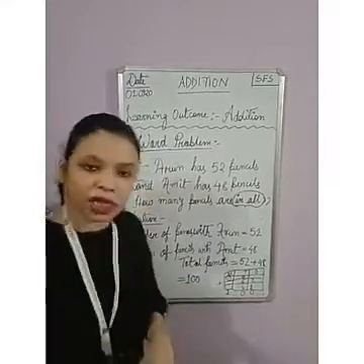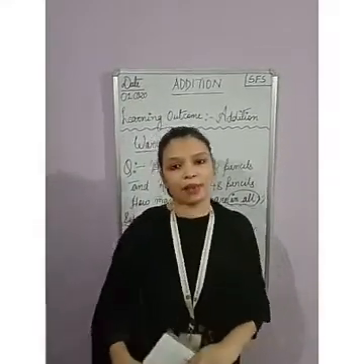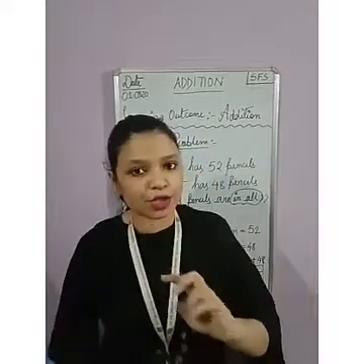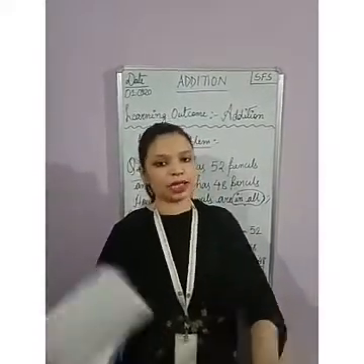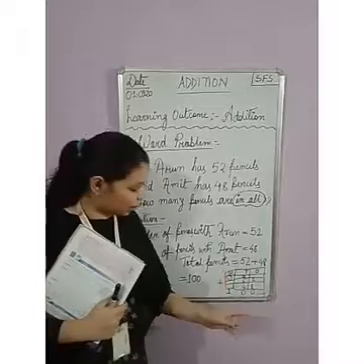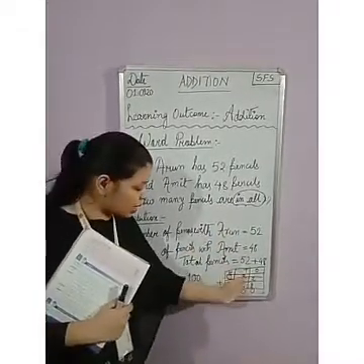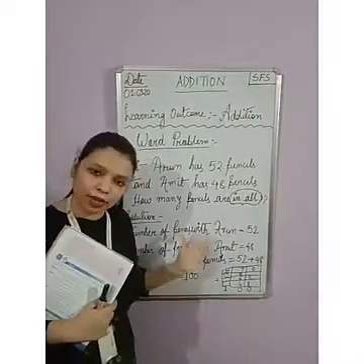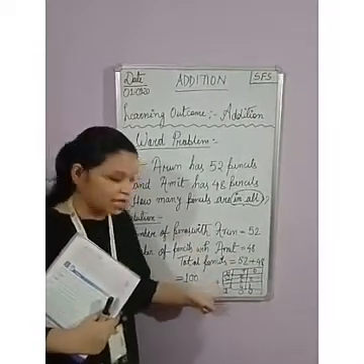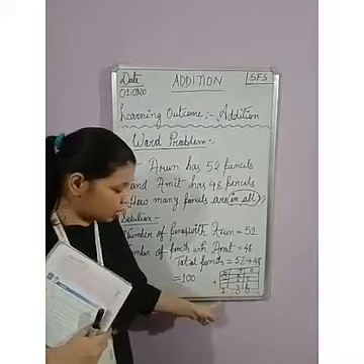Remember why I have taken this example. Sometimes in the exam, if you are adding 2-digit numbers, the answer might be a 3-digit number. So there is no need to be confused about it. If it is a 2-digit number, make one extra column, that is, what comes after the tens place, the hundreds place, and add the numbers. If below the number there is no number, then it will come down directly.